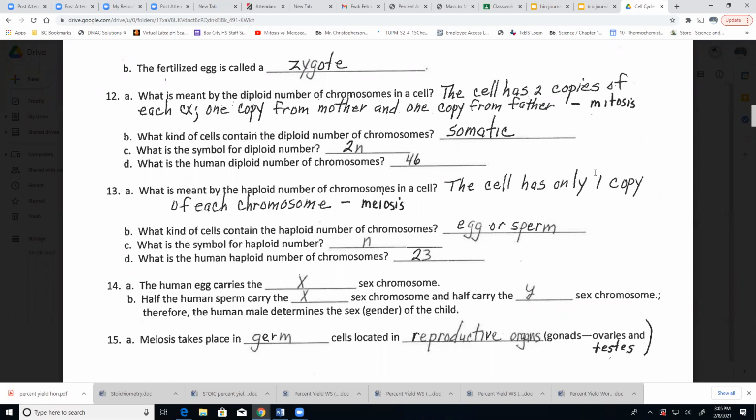So if you have a father who keeps on having girls and is upset because he can't have a boy, that's determined by him. Because a female can only give an X. A male can either give an X or a Y. So they're the only ones that have the Y to give, and they have to have the Y to be a male. So they're the only ones that can determine that.